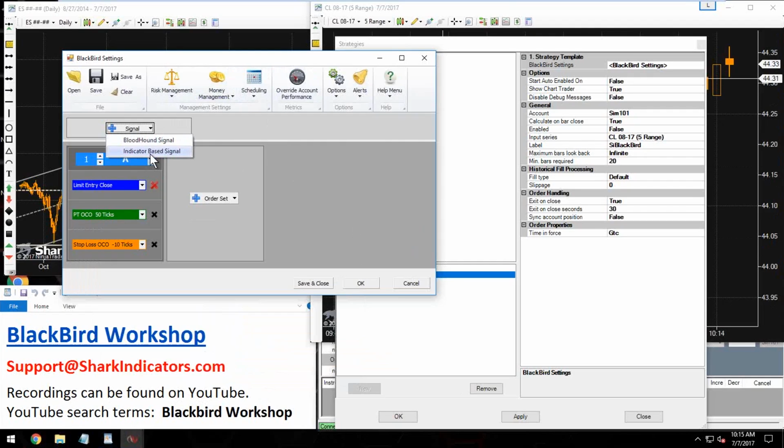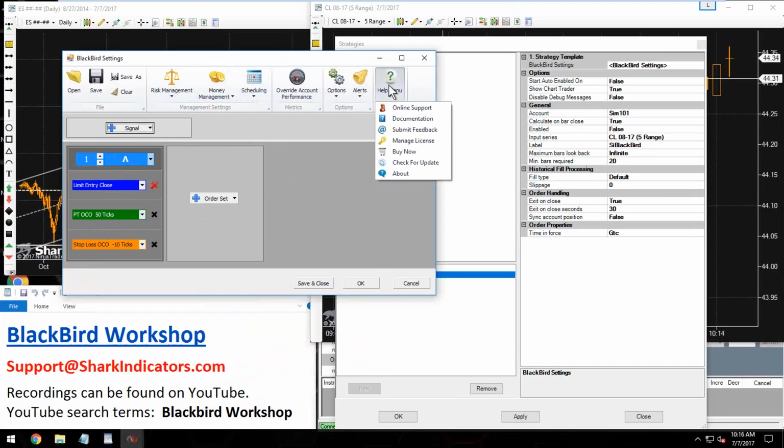One of our, let's see, who is it? LTS, Lucrum Trading Systems, also has an indicator with trade signals that you can plug right into BlackBird, essentially turning BlackBird into a full automated trade manager for you. So, if you want to take a look at some videos to see how in depth BlackBird gets,